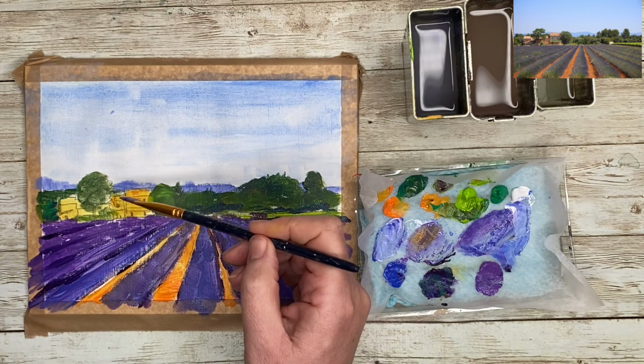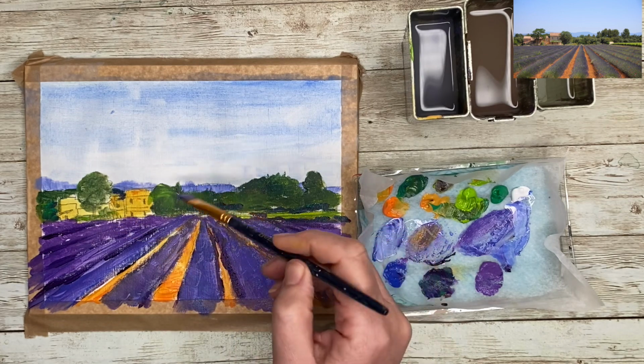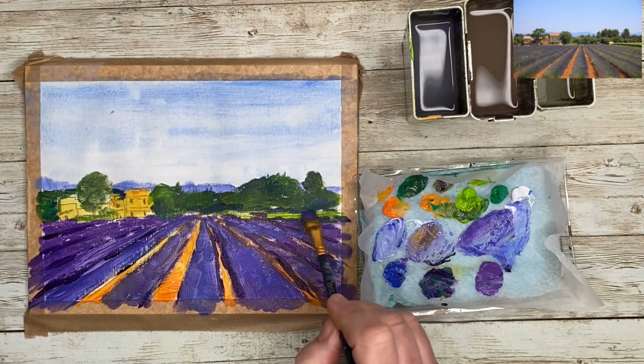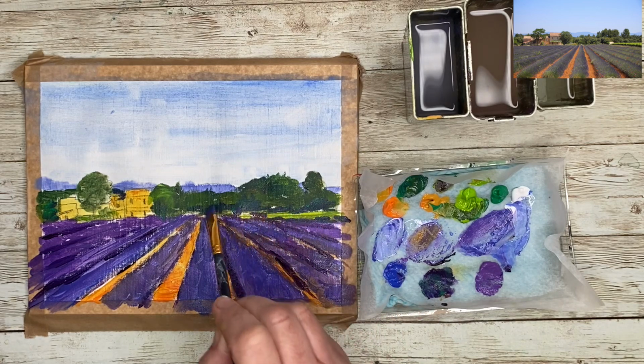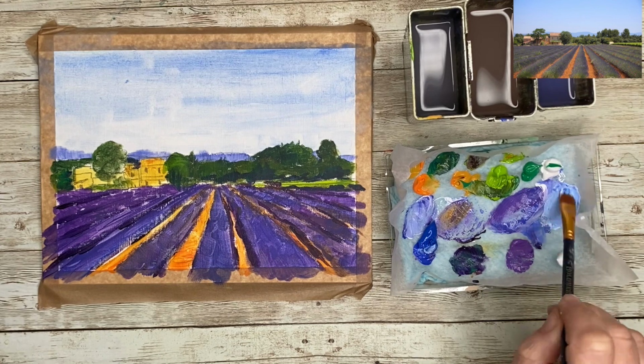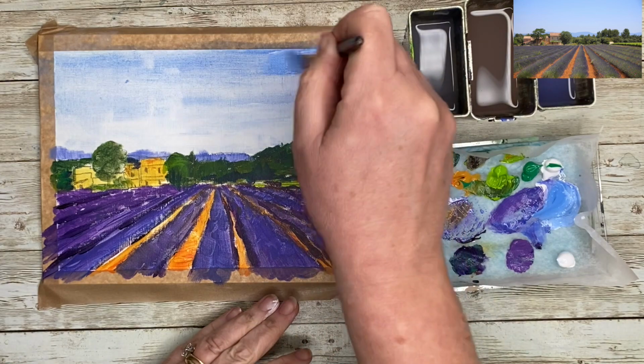I've used some of the darks that I've created using the green and the violet just to put some dark tones in around the buildings and the trees as well, just to start building up these darker areas. I've allowed my painting to dry fully. You can do this with a hairdryer, and I'm mixing up some cobalt blue and some white, and this is